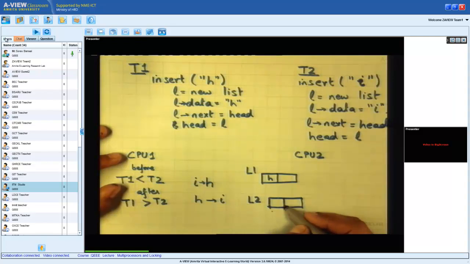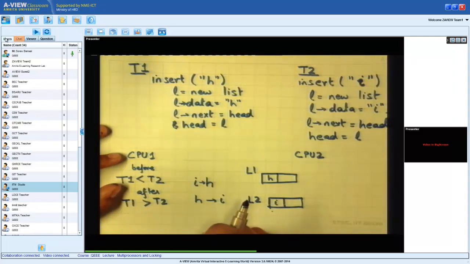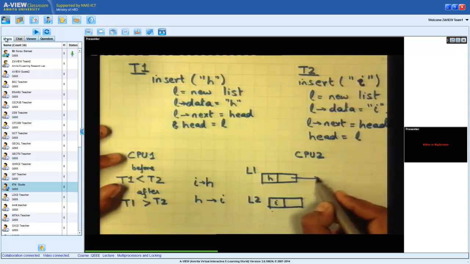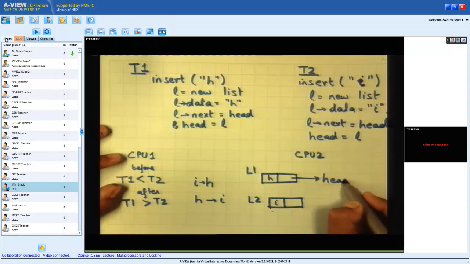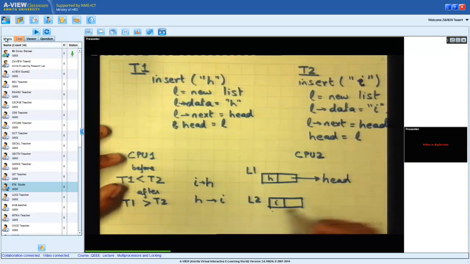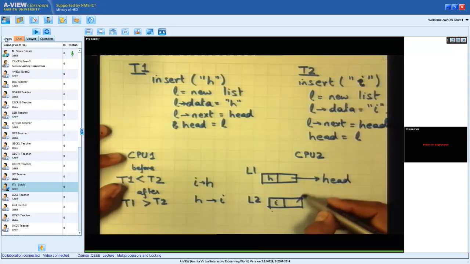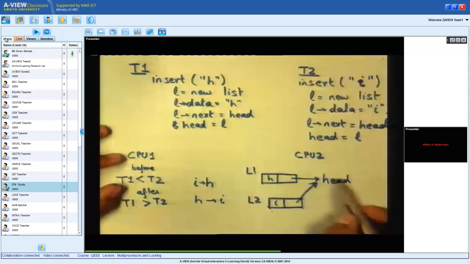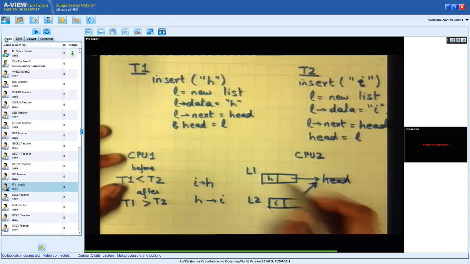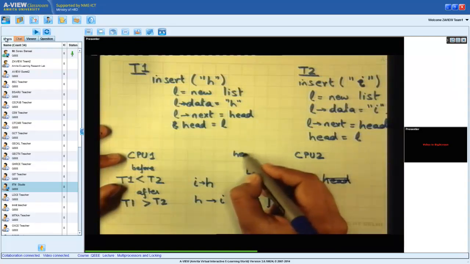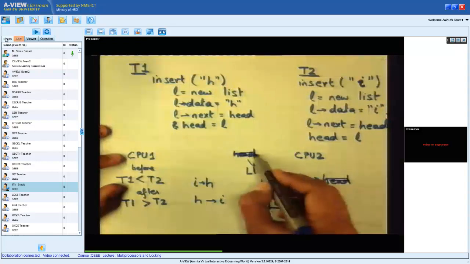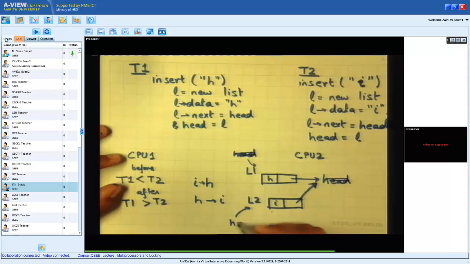T2 puts I into its element, right? T1 says my next pointer should point to head. T2 also says I want to point my next pointer to the same value, head. And now T1 says let's update head to point to L1. And now T2 says point head to L2.